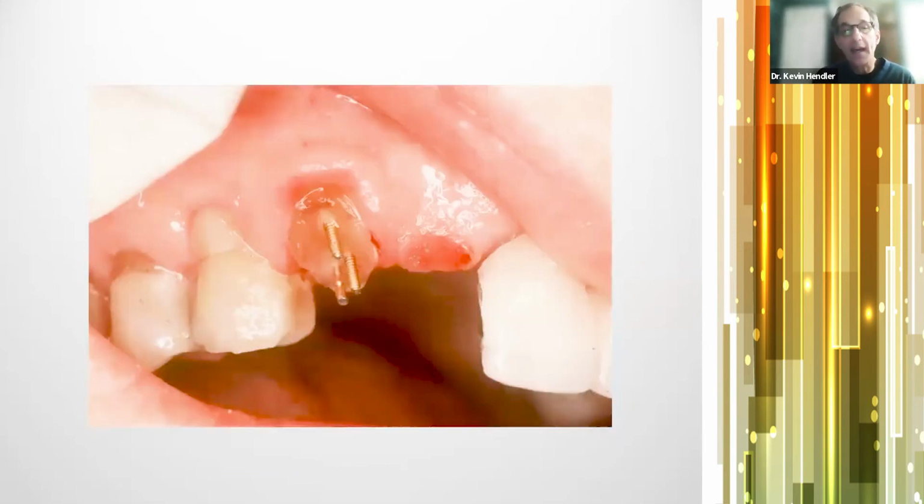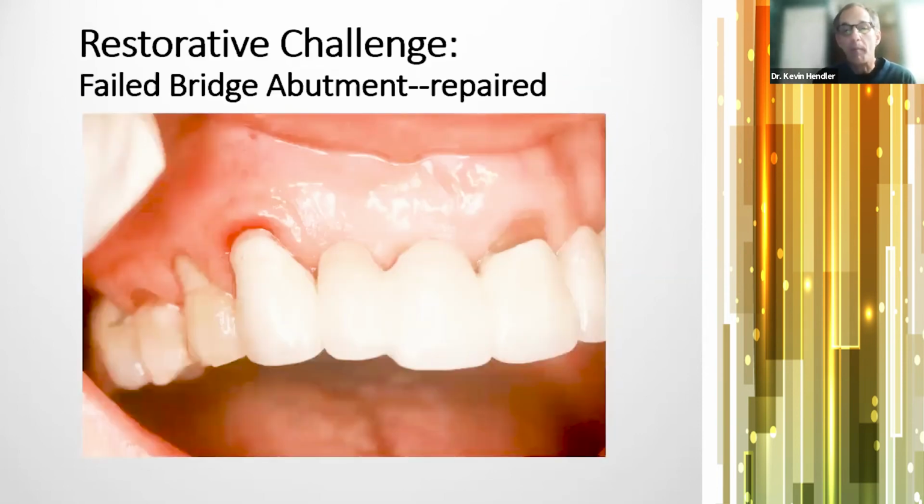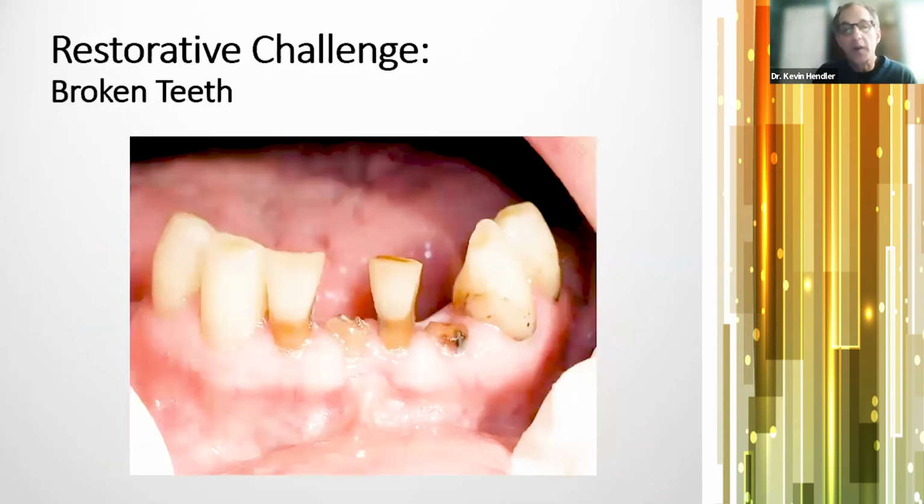And same thing, put a bunch of pins in, and you can get away with this in older adults because the pulps shrink. So you can put a lot of pins in there, fill it up with core buildup material, and bond where I sectioned the bridge together with porcelain repair, and this worked. This patient kept this for several years until they died. So, just think of things that you can do, which is what I like about it.